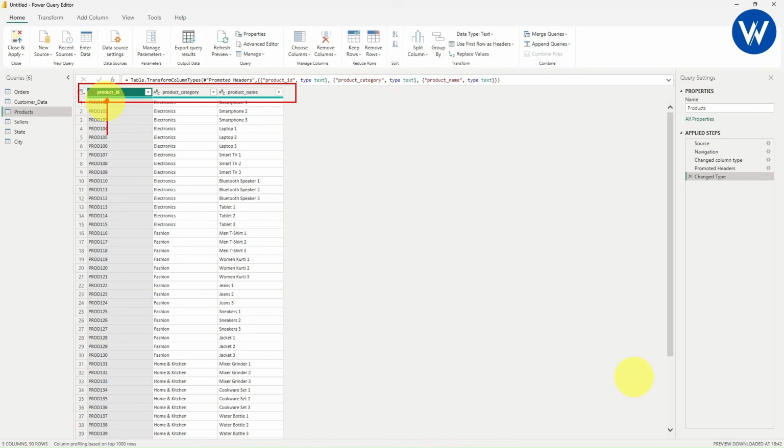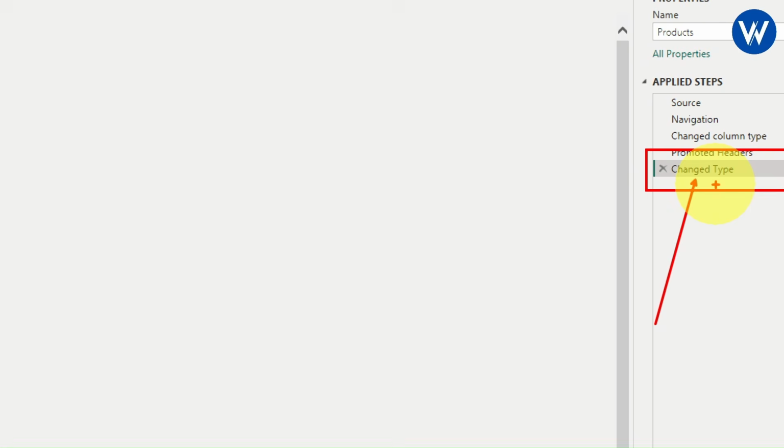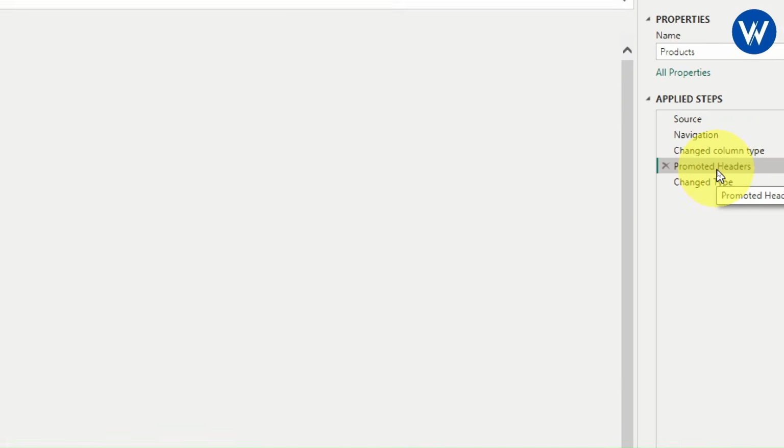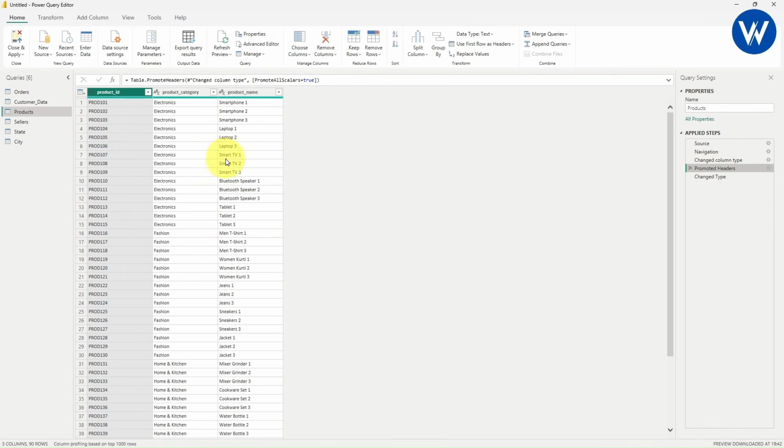It is promoted, and in the same way in the applied steps, one step is added which is change type. I think most of you already know the use of applied steps. If you want to go to the previous data, like the original data, you can just click on the step above which is promoted headers, where you can see the original data.